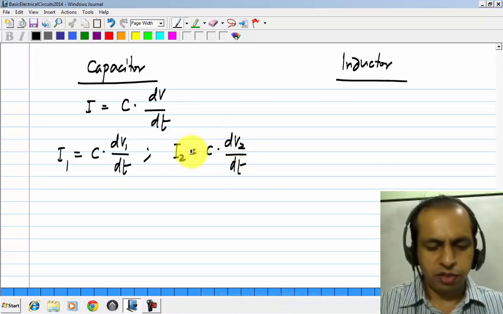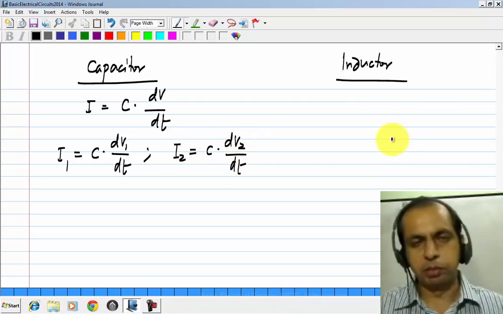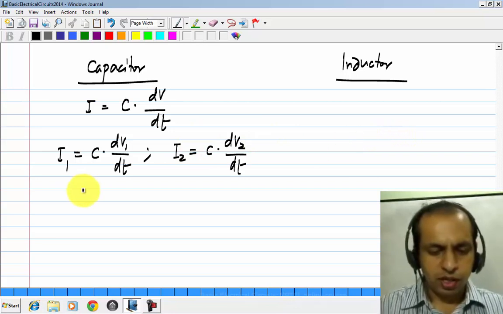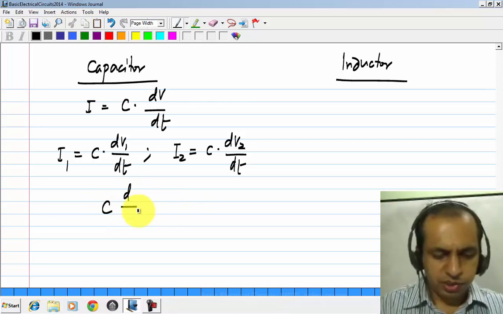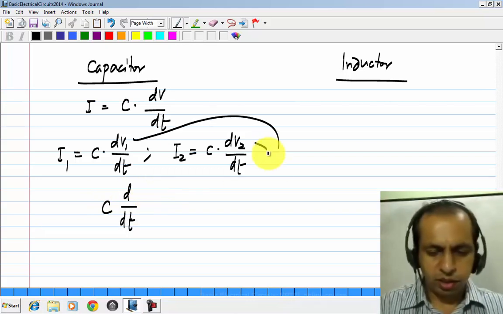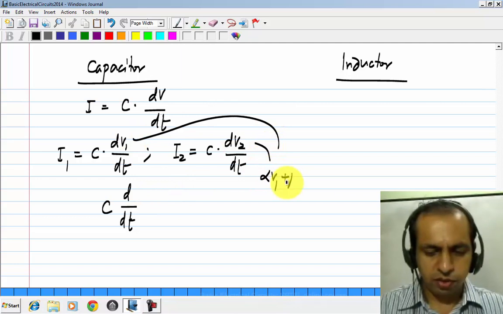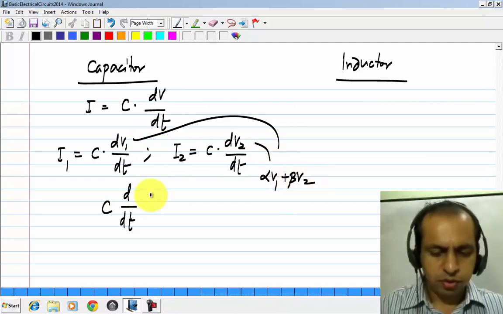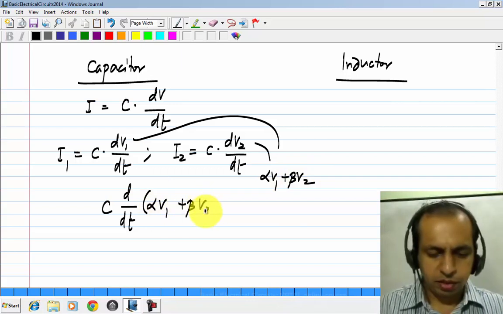These are all functions of time, although I am not showing them explicitly to be so. Then if you apply a linear combination of these voltages, let's say you make a linear combination of these as alpha V1 plus beta V2,